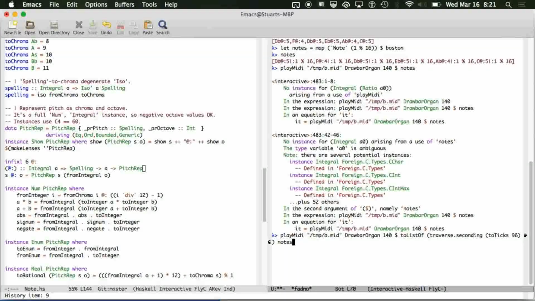list in this case. And we're going to use seconding, which is a recent addition to the bifunctor library. I had to write my own first, and then now we have it. And what seconding is, it's an ISO, and for some reason Ed really likes using ing for ISO, which I think makes sense. It's kind of a nice little thing. Gerunds, or whatever you want to call it. Or present participle. Anyways. And then I use this little thing I wrote called toTicks, which allows me to convert that thing I showed you before. This is an application-specific ISO for converting something to MIDI ticks. And then if I do that,